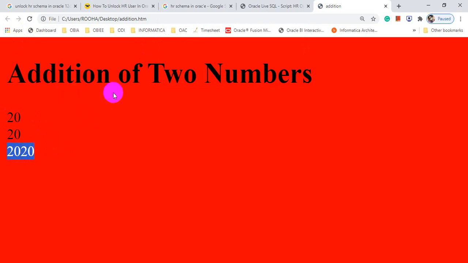Because the prompt function accepts and returns value in the form of string, and strings can be joined, but addition cannot be performed. If it performed addition, 20 plus 20 would be 40, but right now you are getting output as 2020.